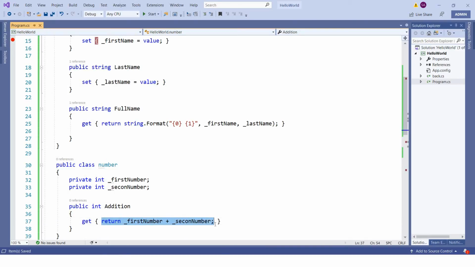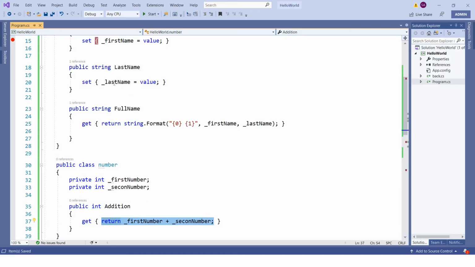Within this you can think of it as a function body. Any logic you can simply write here, and whenever you try to get the value of this addition property, this body will get executed.